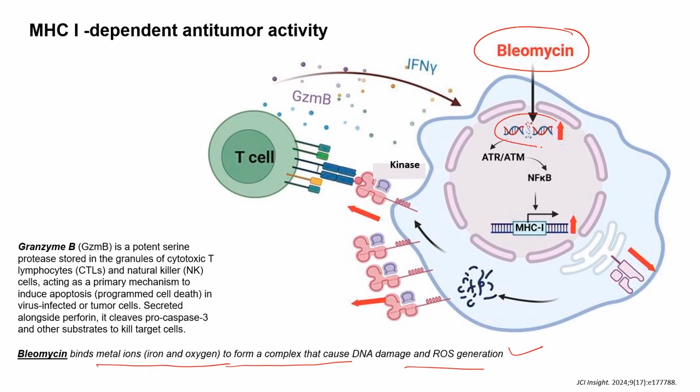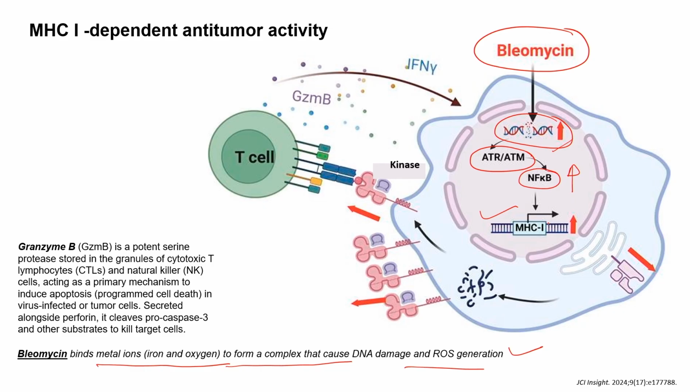There is a damage in the DNA, and because of the damage we can see that there can be expression of multiple kinases. So these are just names of some kinases. We will not go into detail about that, and these kinases can remove some inhibition so that NF-kappa B, which is a transcription factor, will be free to act on the MHC1 gene. So what it implies is that when there is bleomycin entry, there is a rupturing of the DNA which can lead to kinase activity, in turn leading to transcription factor upregulation, which can upregulate the gene